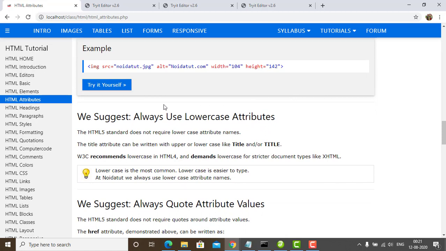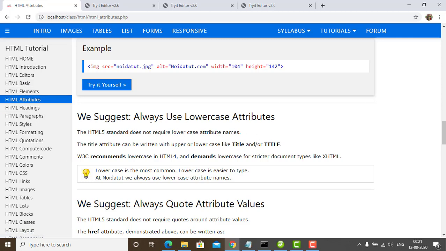Suppose img is there and in src we have specified the path of the image, including the name of the image. When this line is read, it will display the image, and if due to some problem or error the image cannot be displayed, it will display noida2.com. This is the alternative text which we have also shown in our previous chapters.